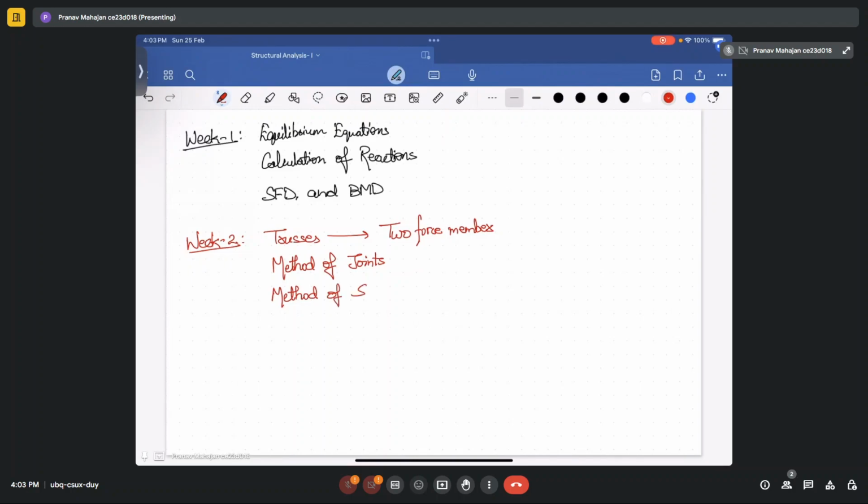Out of which, in method of joints, we have seen that if we take the summation of forces in horizontal and vertical direction equal to 0 at any joint, then we will be able to calculate the unknown forces at a particular joint based upon the number of unknowns available. In method of sections, we use a cut plane and cut the section in such a way that it is divided into two parts, such that the smaller portion that we generally consider will provide us the unknown force that we are required to calculate in the complex truss member. Then